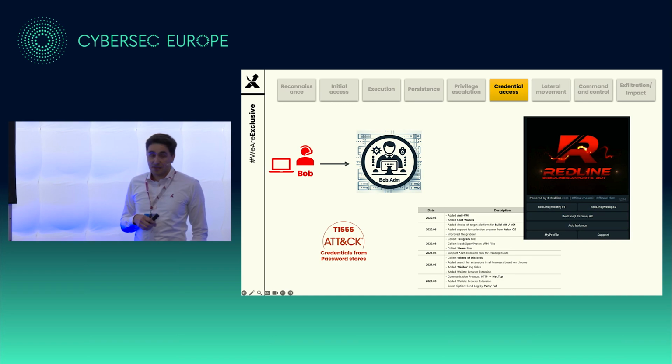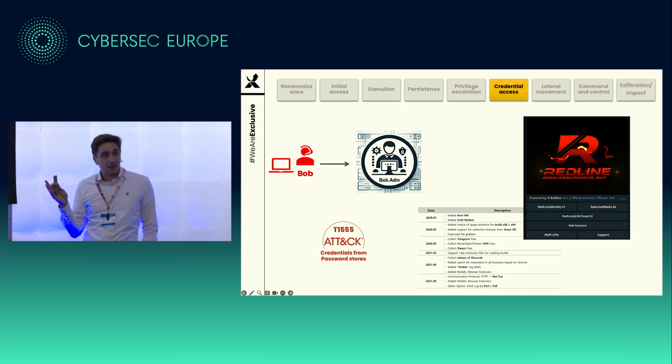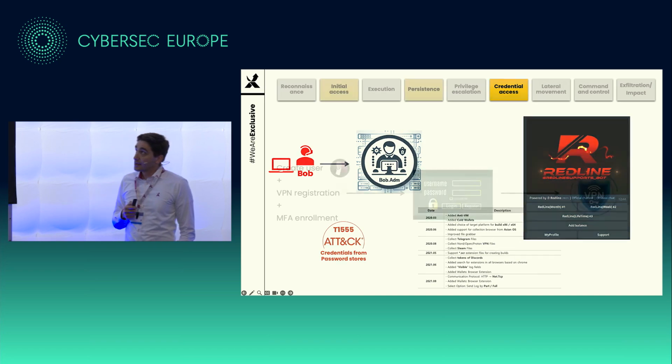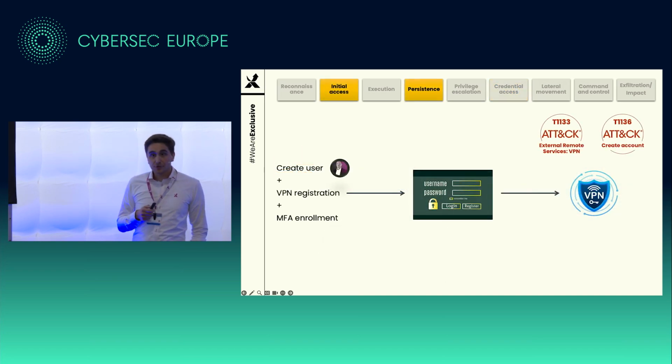And of course, what they found in memory is that Bob, at a certain moment in time, switched to his admin credentials for whatever reason, something he needed to do, and they triggered it, dropped the credentials from memory, and got them through Redline. Now the gates are open, of course. What do you do with these admin credentials? You can start walking around the environment and get detected in 5 minutes